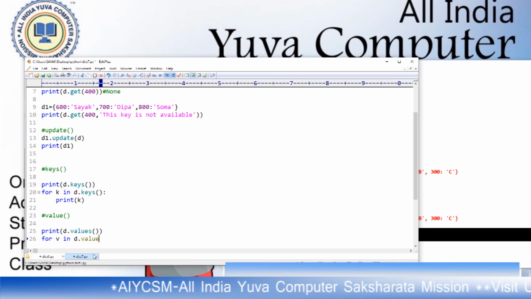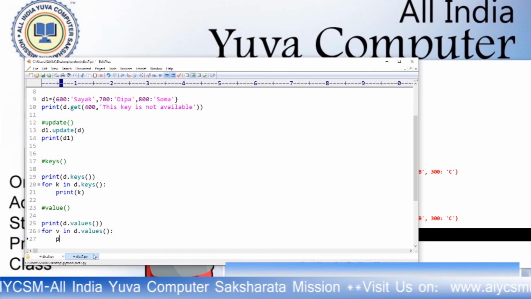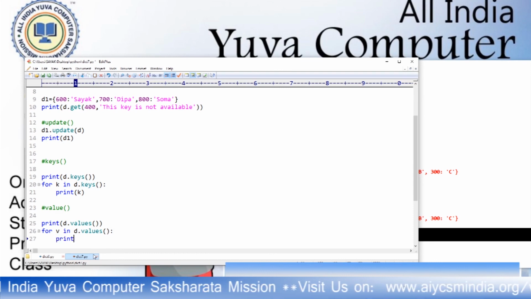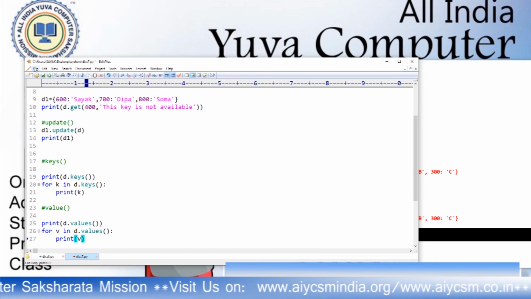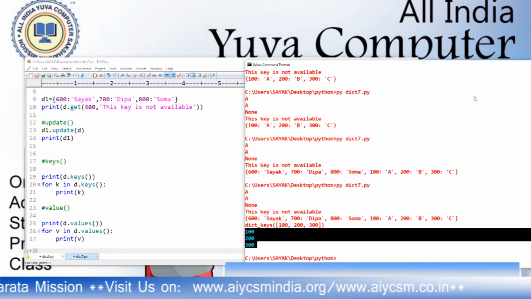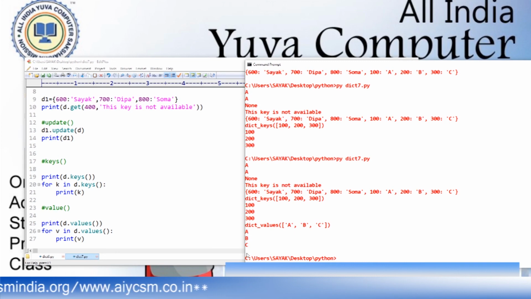This is very important, remember it: d dot values. Now print v, and you will find all the values one by one. Save it. Here you will find this returns the keys and this returns the values.